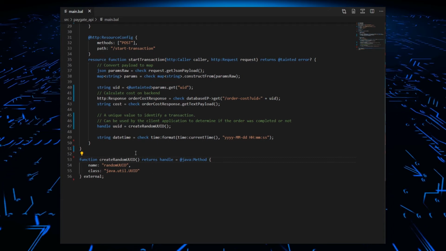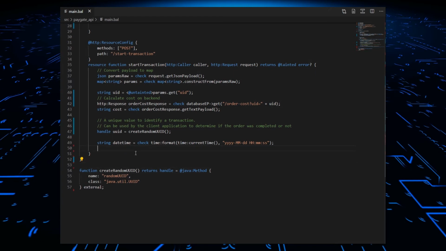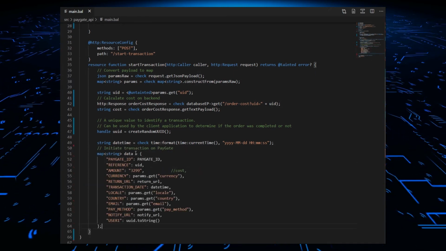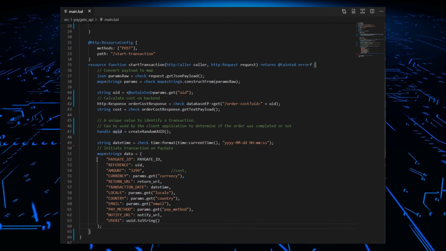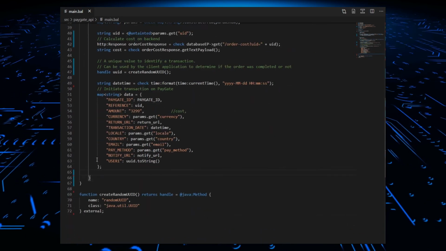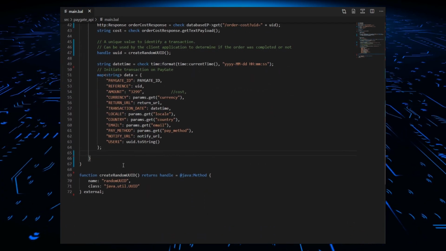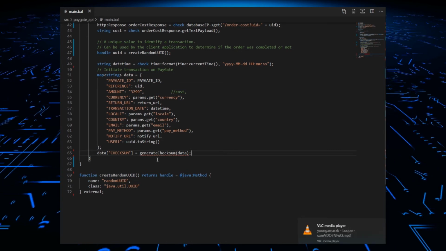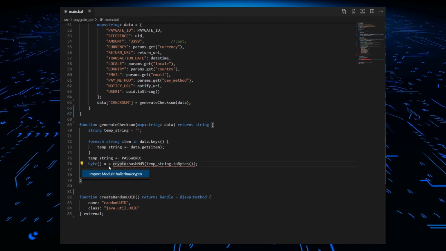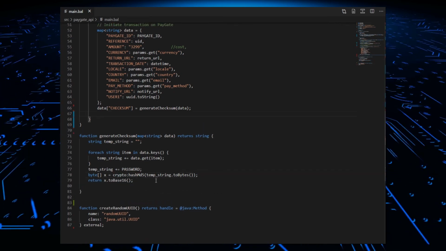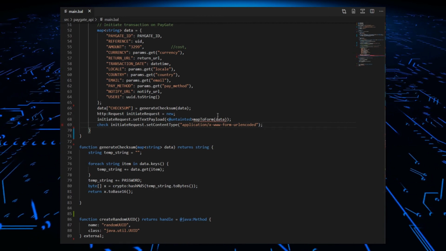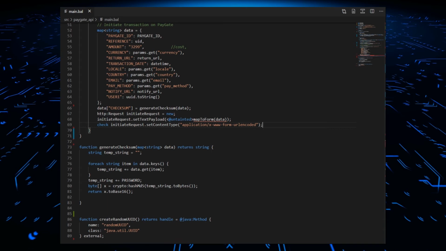So we'll have a map which will be passed on to Paygate's API. The amount we'll be using is 3299, because that's the one used when you're testing, of course. And we'll have to generate a checksum, so we'll just create a function for that. We'll assemble a request object which we'll send over to